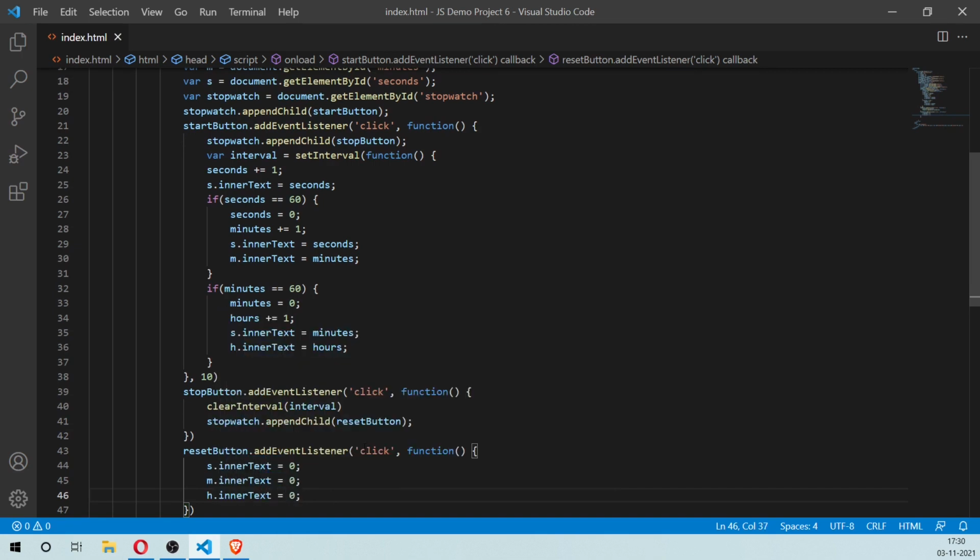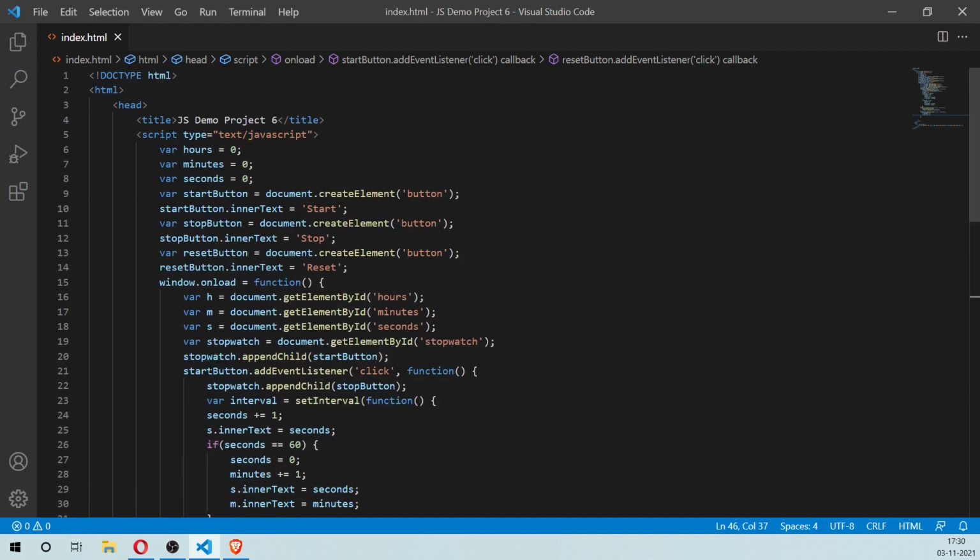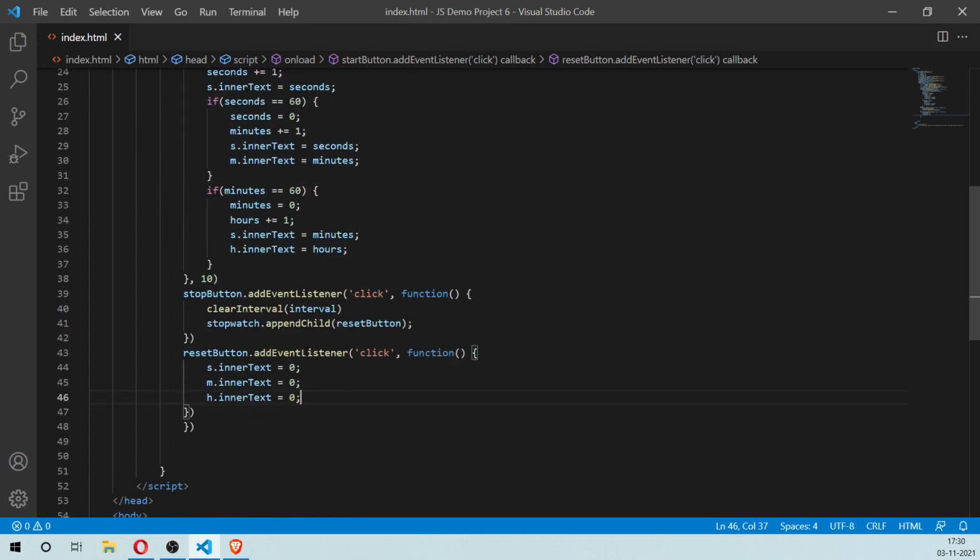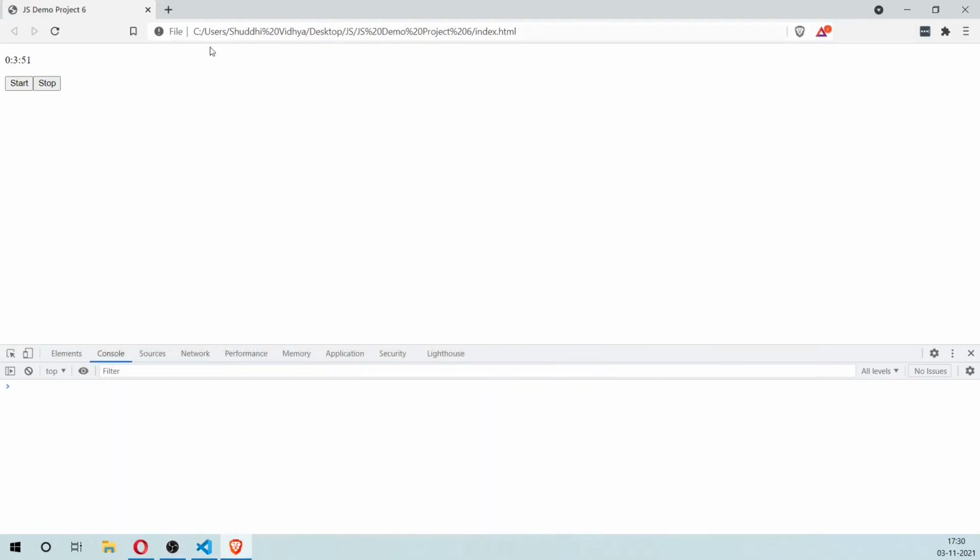And remember that we should only show the reset button when the interval is stopped. So again, when we start the thing, we should remove this, but let's have a look at what it looks like at the moment. So we click on start and then we click on stop. Now, if we click on start again, it should resume that thing. Let's see if that does it. And it does work.